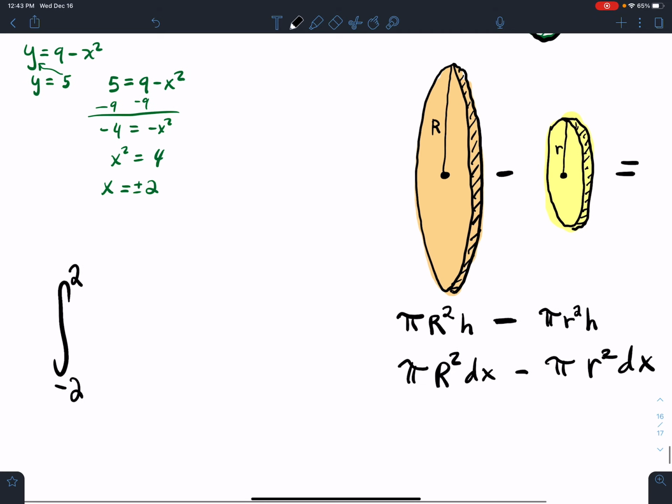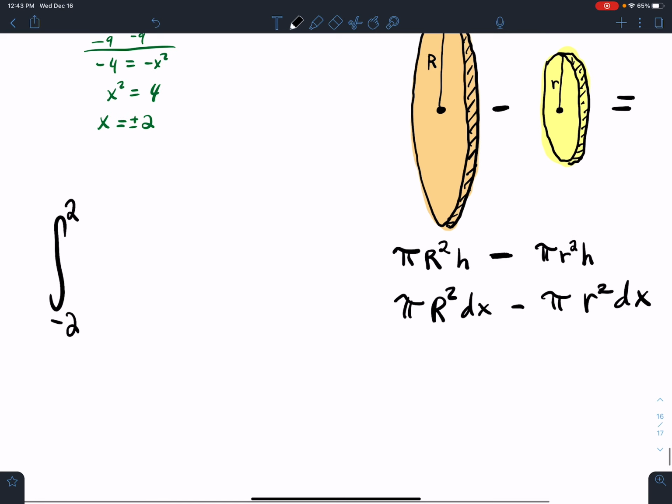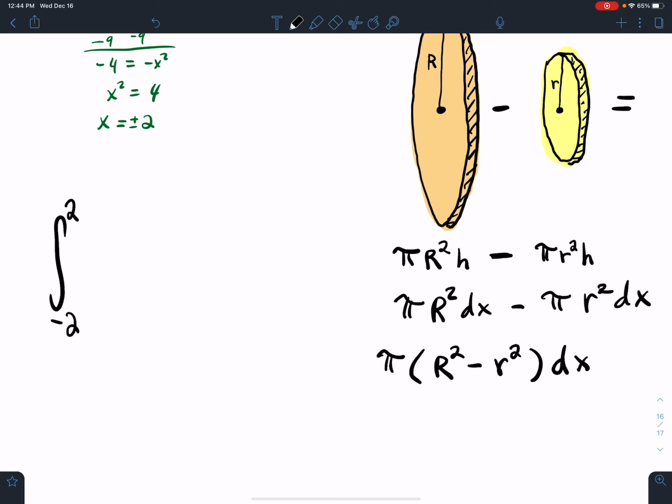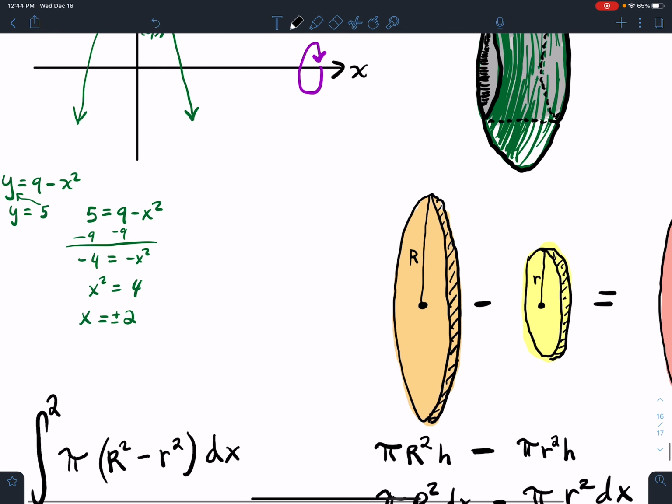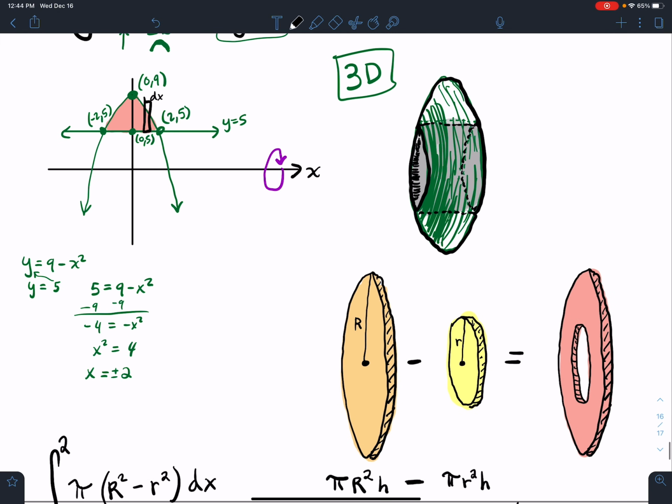All right? And each of these has a pi and a dx, right? So I'm going to factor out the pi, and that leaves me with capital R squared minus lowercase r squared, and then I have my dx. So this is really what I end up being left with. Really all it amounts to is figuring out what big R is equal to and what little